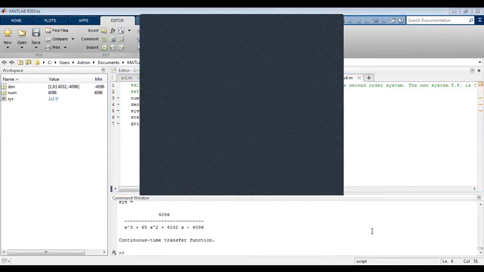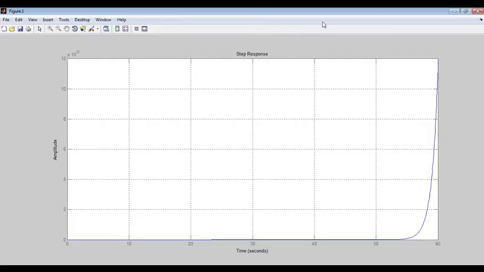Now what you see here, the system is unstable. Very important difference you have to observe. Since the pole location is now at right of this plane, s equal to p equal to sigma equal to +1. That's why it is on the right of this plane. You see that the system is unstable. It is increasing. So the response magnitude is increasing. So we have to observe the system is unstable.